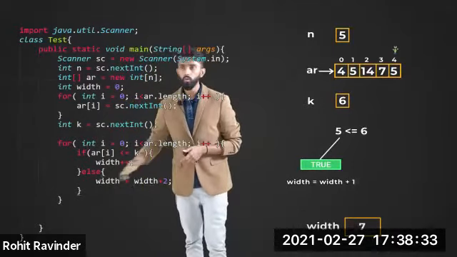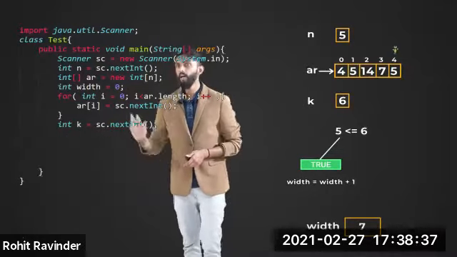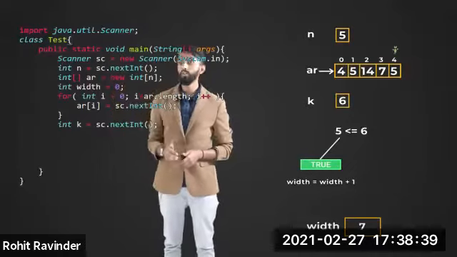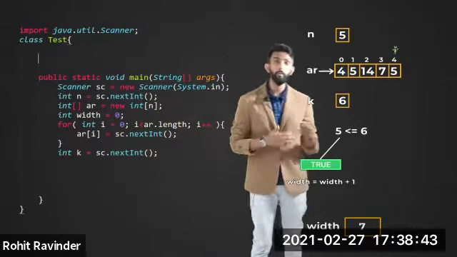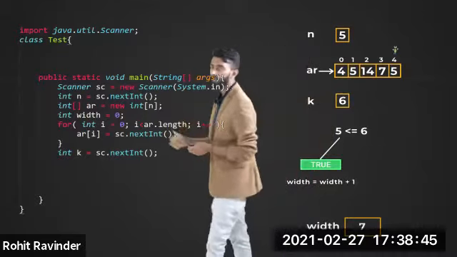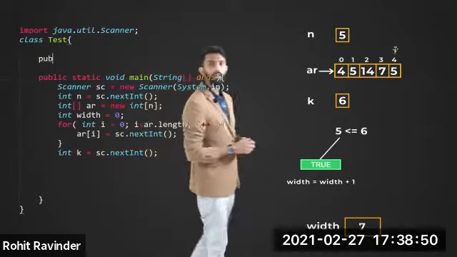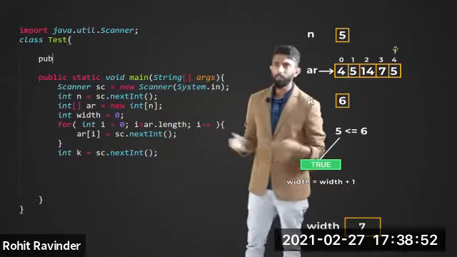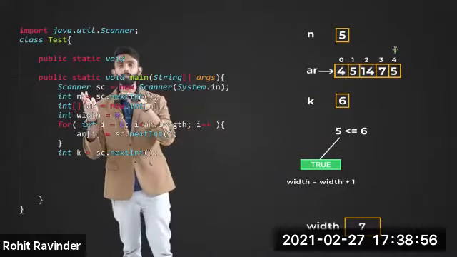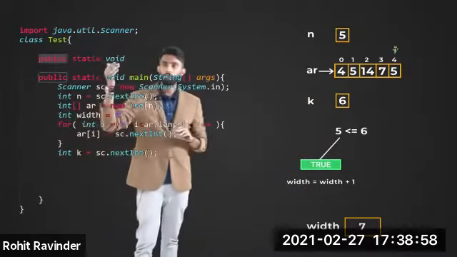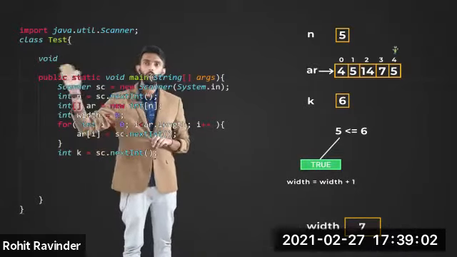So what I will do is, I'll just cut this part of the code. I'll just cut it. And I will go outside my main function. There I will create one function, right? Or a method, as we call in Java. For the time being, I'll call it void. Public is not really required. If somebody from other packages is going to access, it's fine. Anyways, remove that static and void.